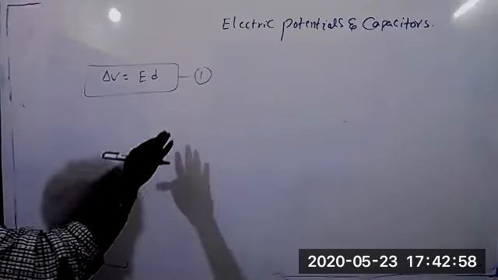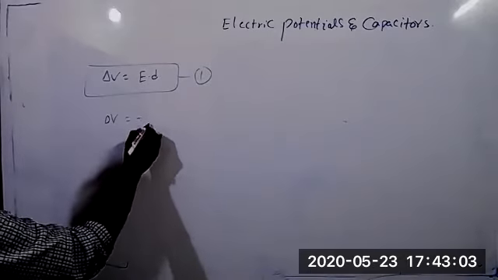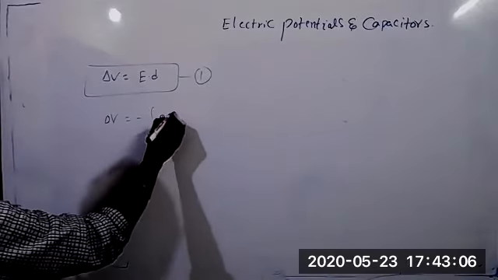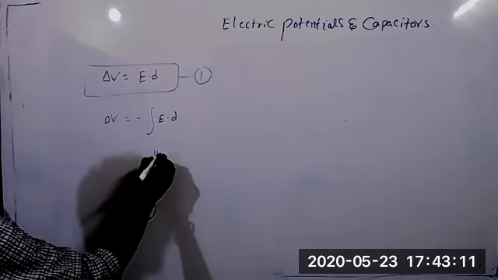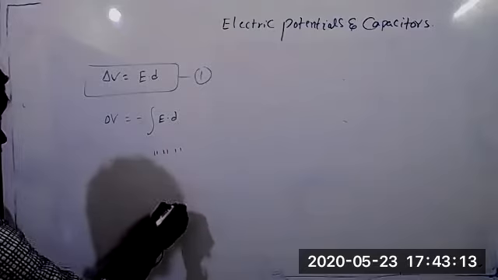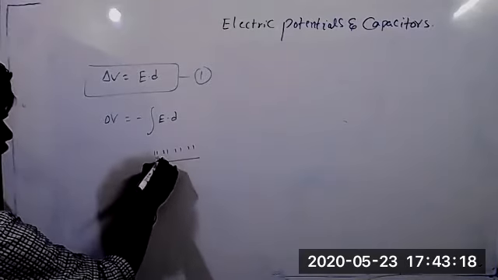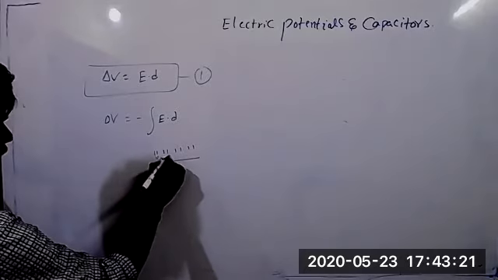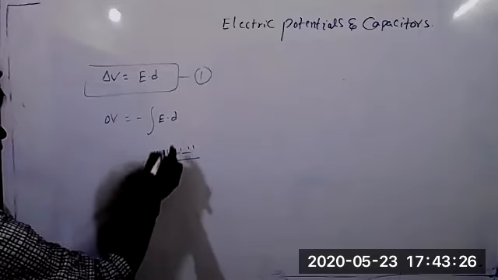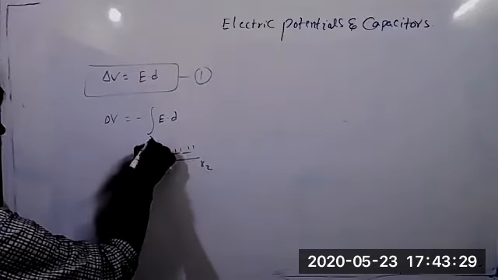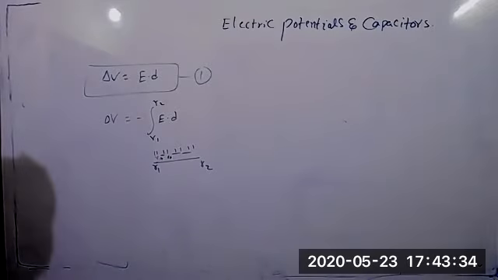Next, if electric field is non-uniform, then what we have to do? Minus integral of E dot D. Why integration? Because for small distance, how much electric field is there? One more small distance, how much electric field is there? Finally, if we suppose RA, RB, RC, RD distances, you are moving charge from R1 to R2. So we will add everything.